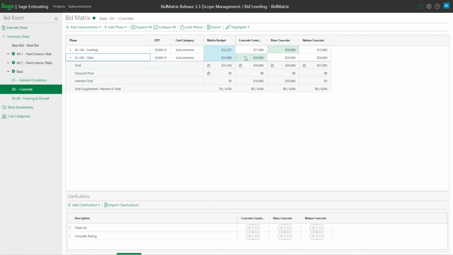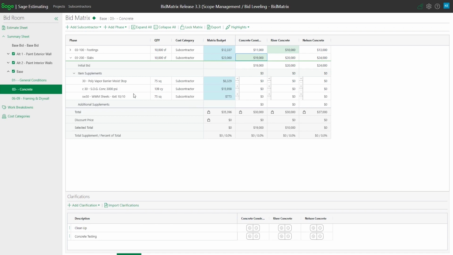the same. But where the differences start to come into the new version is in the past, we used to click on these three dots, you'd see supplement, and a little window would pop up where you would actually tell it what items you wanted to add to that supplier's scope to make it more complete. Now what it does is the system actually opens up the grid and actually lets you see your detailed line items from within your estimate right below it.